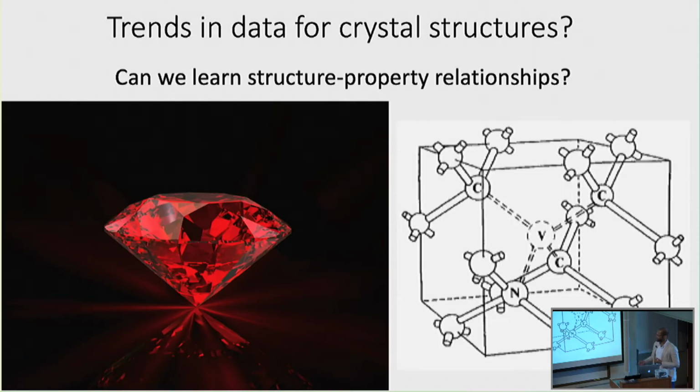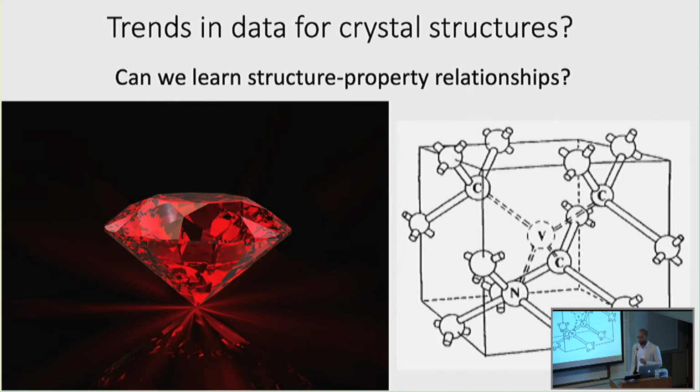Now, this is diamond. This is the crystal structure for diamond. And there's one person here that knows that the color of this diamond is due to a defect in diamond. So we have this crystal structure, a lattice of diamond that is mostly carbon atoms, but there are sometimes defects. You can replace one carbon with nitrogen, and a neighboring site is vacant, and this defect produces this red color. So there's this link between the structure of diamond and its property, in this case, defect and the color.